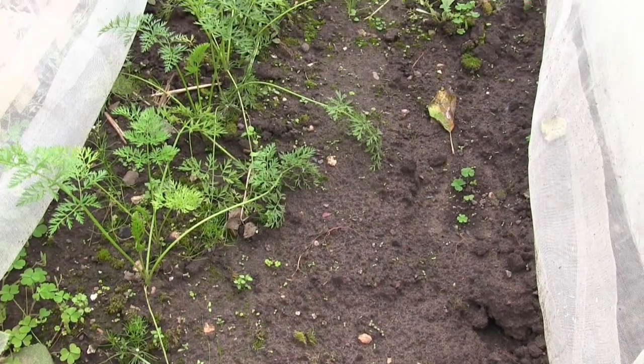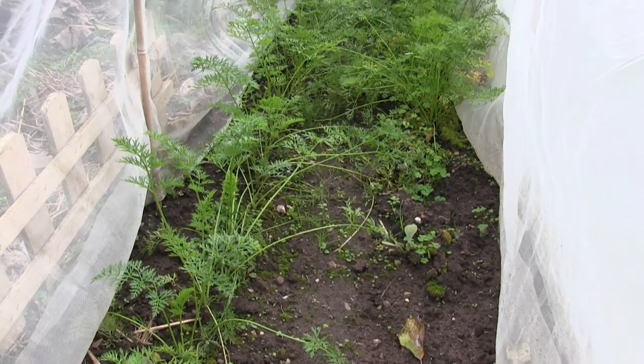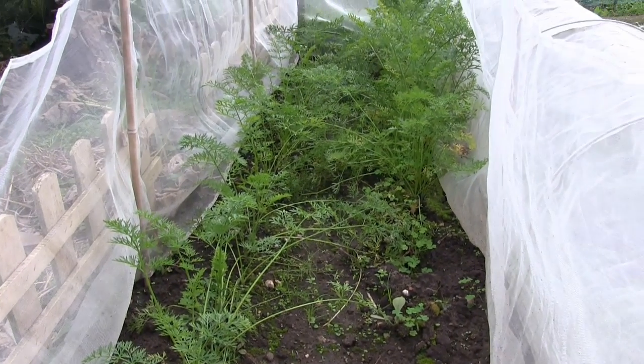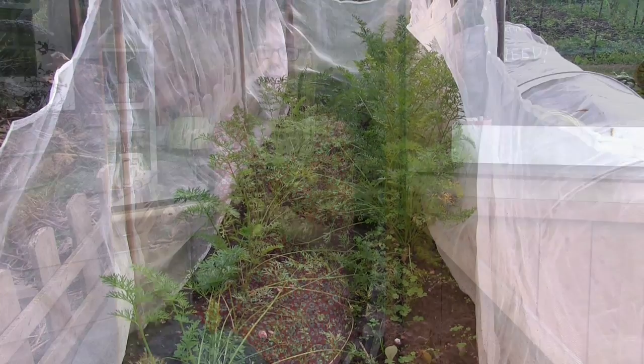Now next door to that is the root bed, and there's carrots in there. The carrots, I'm just weeding them and thinning them and just letting them be. There's 4 rows of carrots there. I think I showed you them in the last video. One row I've been harvesting from a little bit late because they're very large. The row next to that, they are nearly ready, and then there's 2 rows next to that which I sowed at the same time, and they're very, very small seedlings, so they need thinning out,